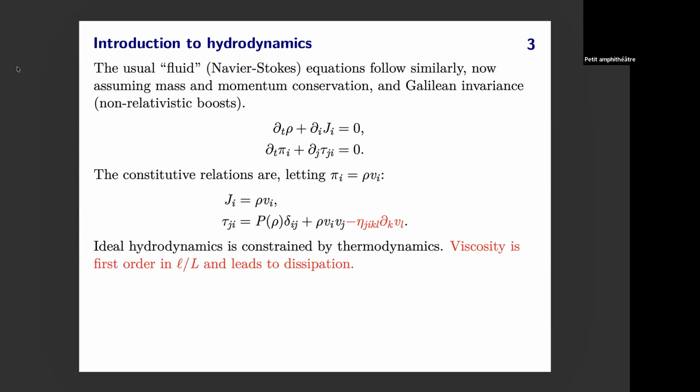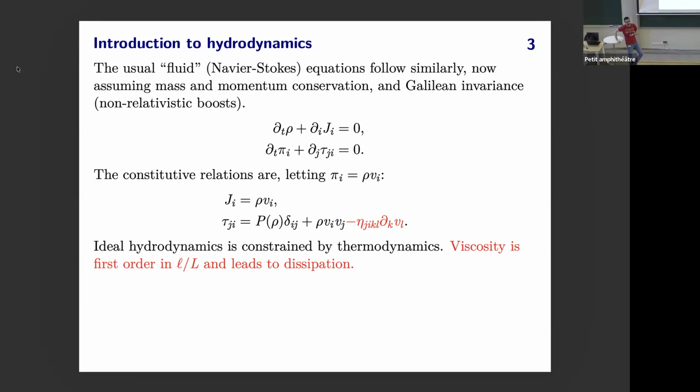Unlike in the previous case, in this setting, there are some terms in the constitutive relations that come with no derivatives. That's allowed now that we have basically two conserved quantities, one that's even and one that's odd under time reversal. And that's responsible for the richness of the Navier-Stokes equations that's not present in the theory of diffusion for an ordinary charge. Okay. Viscosity is playing exactly the same role as the diffusion constant from before.